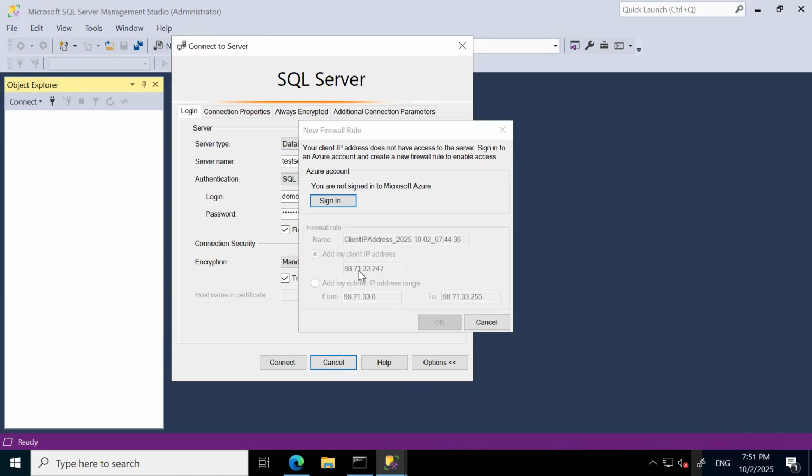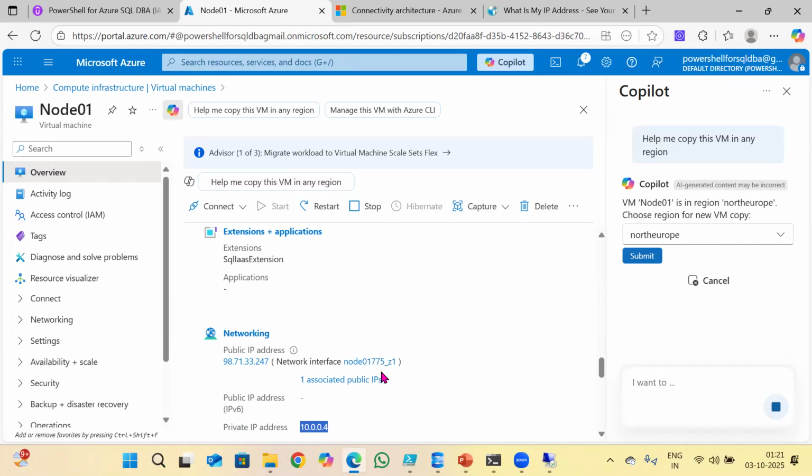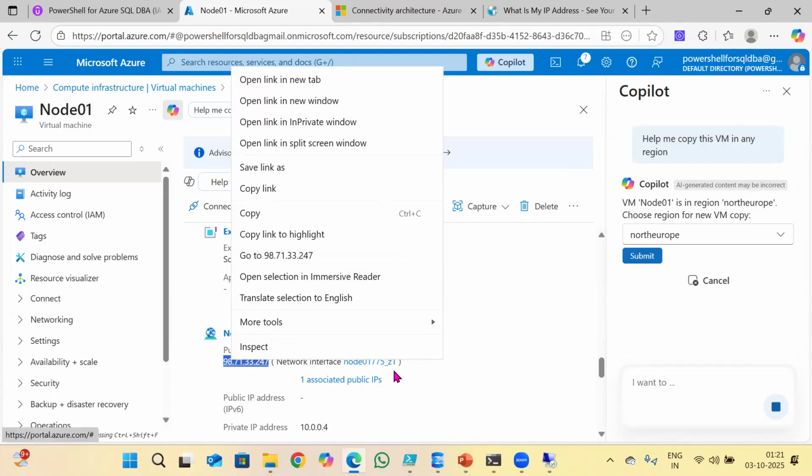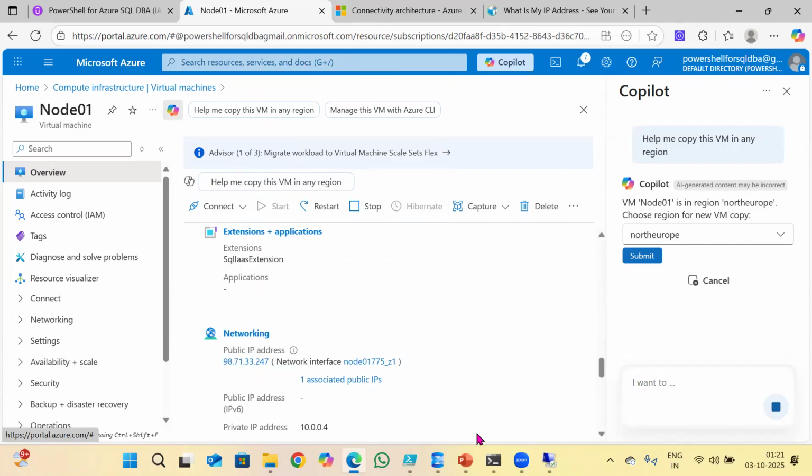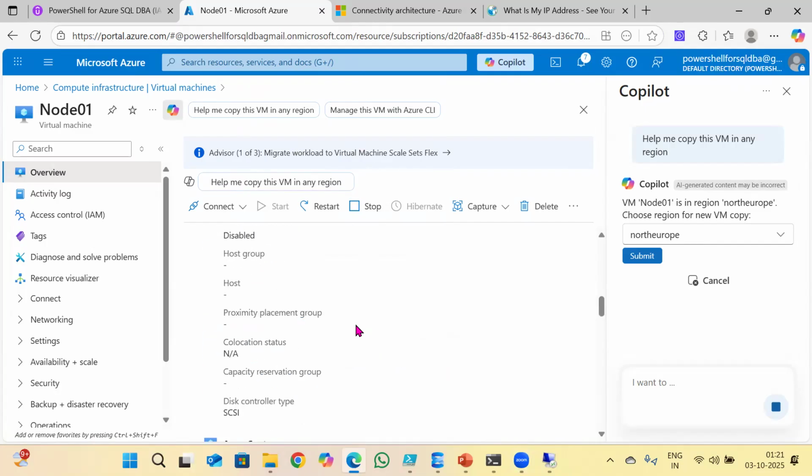So we are going to add this public IP address. 198.71.33.33 and 247. So I will try to add this. It is the same IP address, right? So better I will copy from here. Instead of copy, what I will do, I will just copy this. Okay. So I will go to my